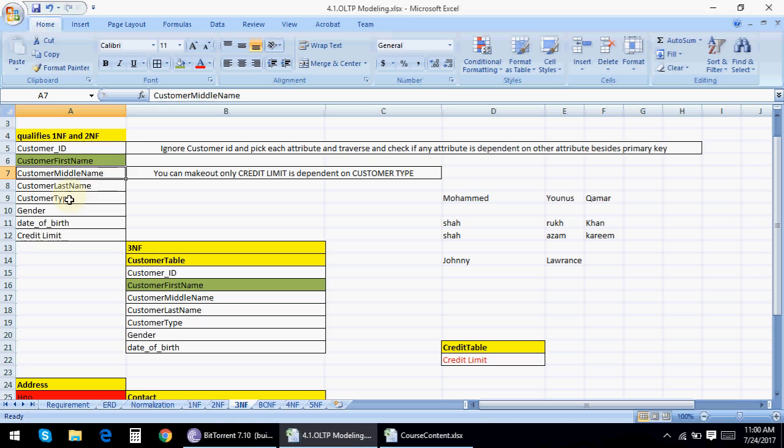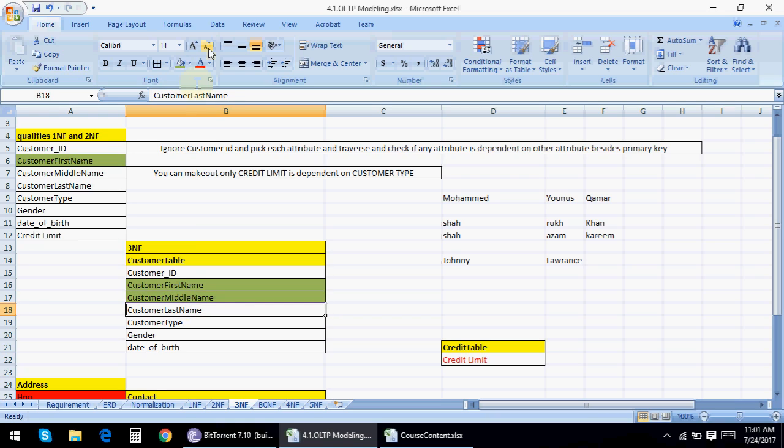No, not necessarily. Even if he's a frequent visitor, can we convert his visit to a first time visit every time? Though he is visiting 100 times, you are still considering him a one time visitor? No, you don't do that. So the other attributes are not dependent on middle name, so we can still consider middle name as third normal form.